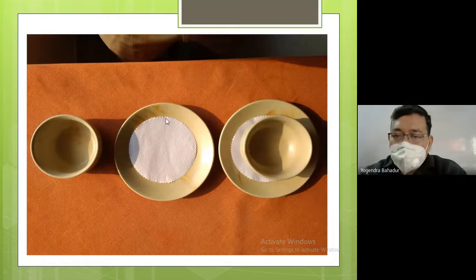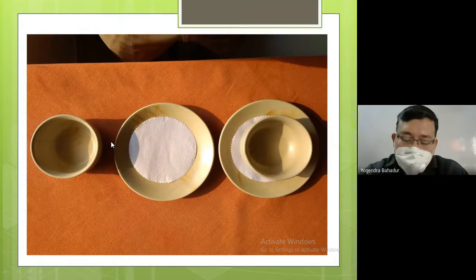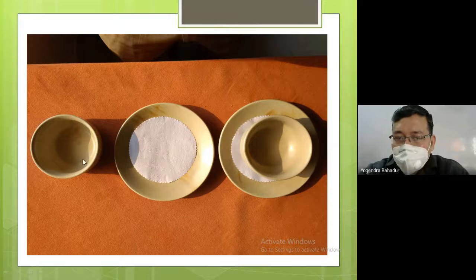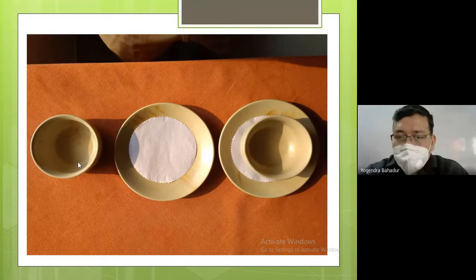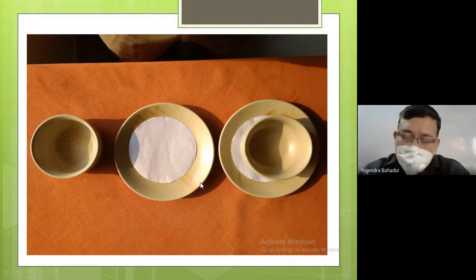Now, with this diagram, we are going to learn how we do the service of soup. On the right hand side, you will find there is a soup bowl. In the hotel industry, when you are serving soup to the guest, you will not directly serve it using only the soup bowl. You will have to keep some plate under the soup bowl. Here we use the side plate under the soup bowl, and there is one paper lying on the top of this side plate.